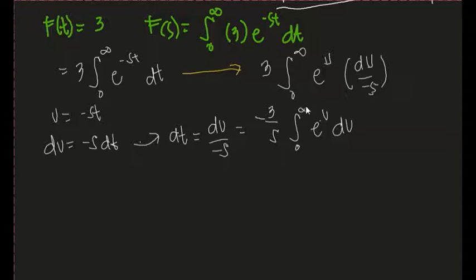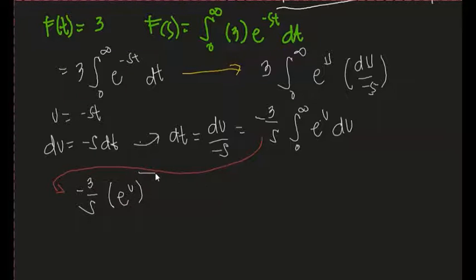So, from 0 to, so this is equal to, so our equation will be equal to negative 3 all over s. So, the integral of e raised to u would still be equal to e raised to u. So, this is evaluated from 0 to